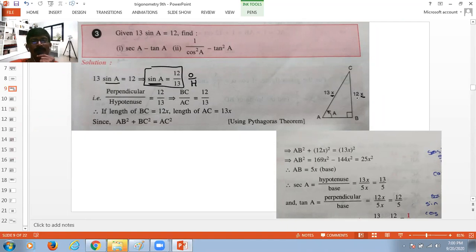So you have to take this x. And what if you don't take this x? Your teacher can reduce your 1 mark. Understand that, guys. Okay. Now, once you're finished with this, sine is equal to 12 upon 13, that is opposite